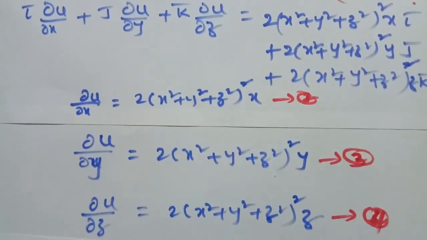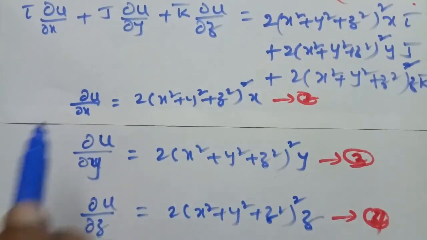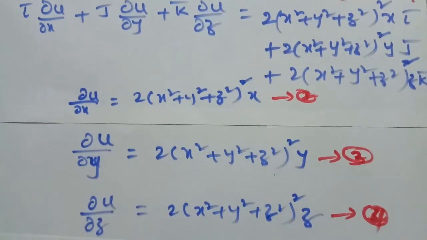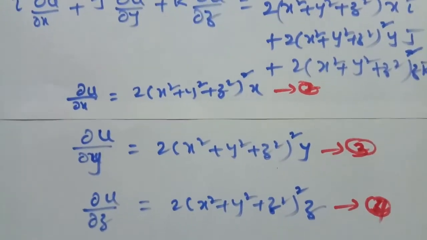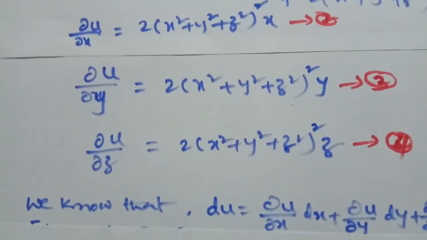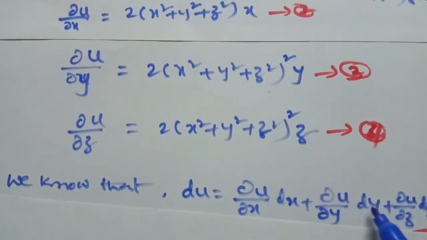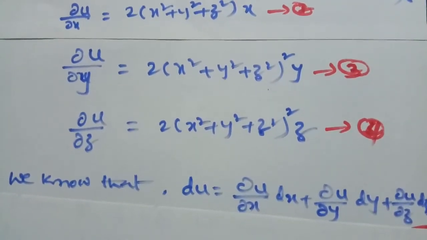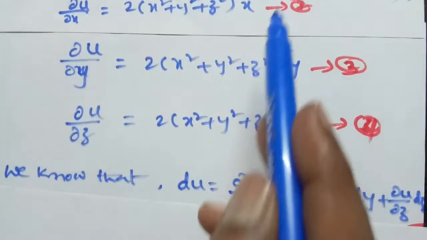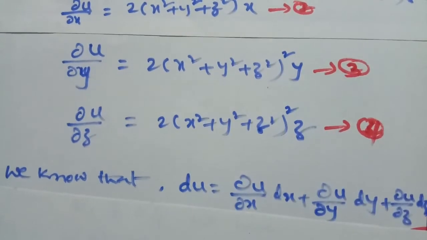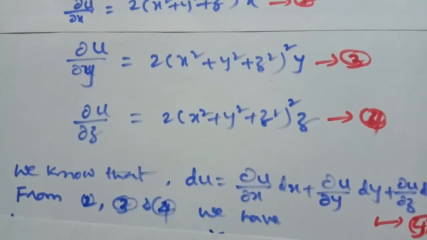We know from the total derivative that du is equal to ∂u/∂x dx plus ∂u/∂y dy plus ∂u/∂z dz. Say this is equation number 5. From 2, 3, 4, substituting in equation number 5. So from 2, 3 and 4, we have